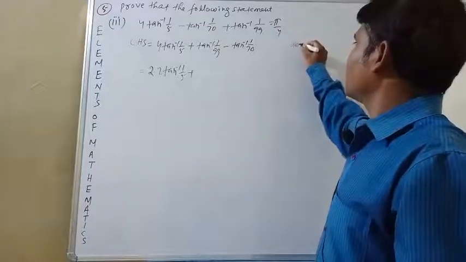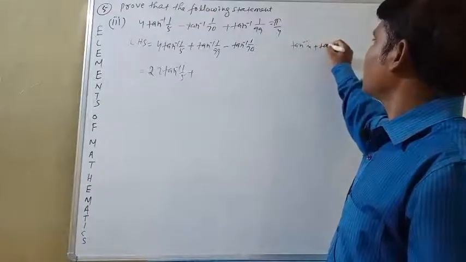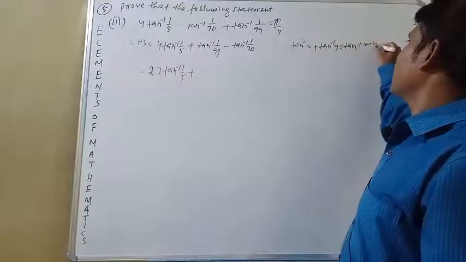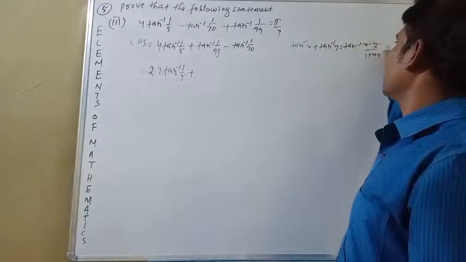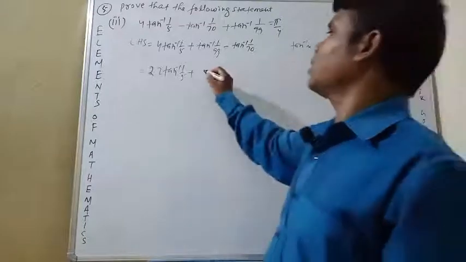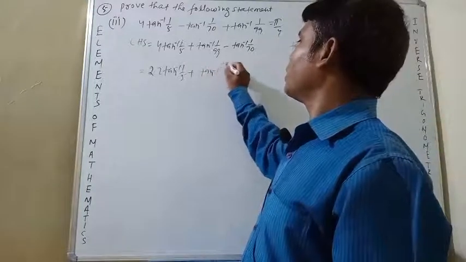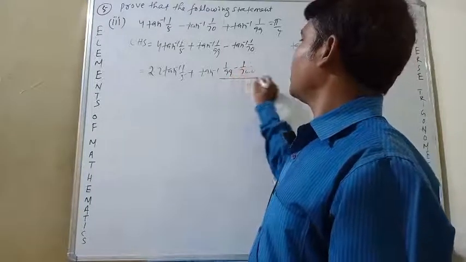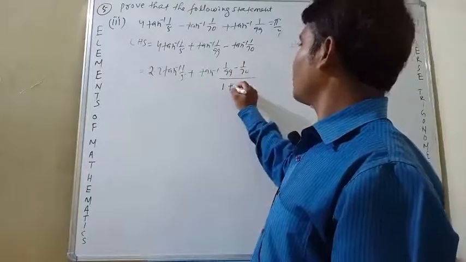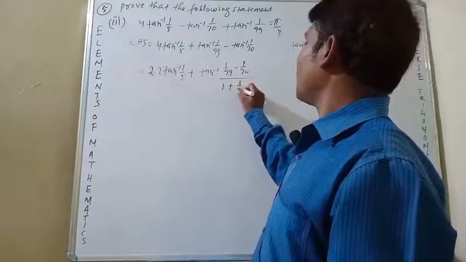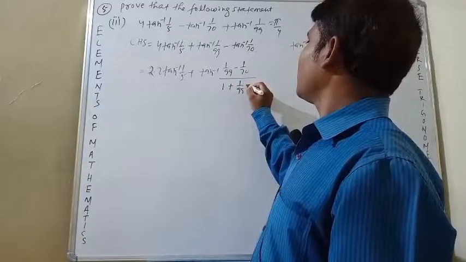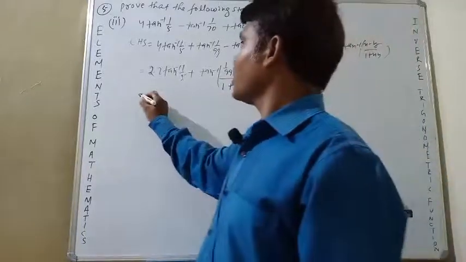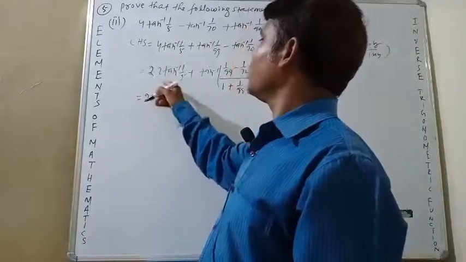Tan inverse x plus tan inverse y is equal to tan inverse of (x minus y) by (1 plus xy). Use this formula here: tan inverse of (1 by 99 minus 1 by 70) divided by (1 plus 1 by 99 into 1 by 70). Okay, is equal to 2 into 2 tan inverse